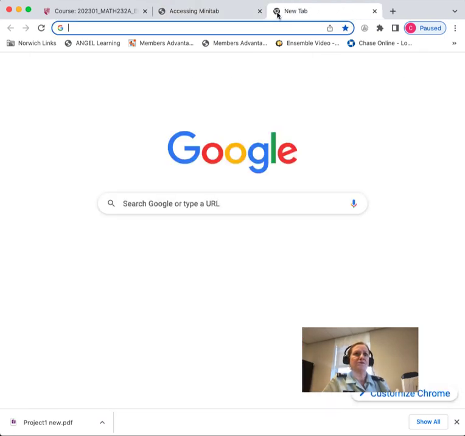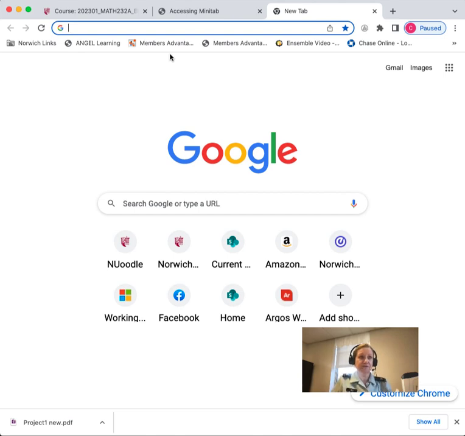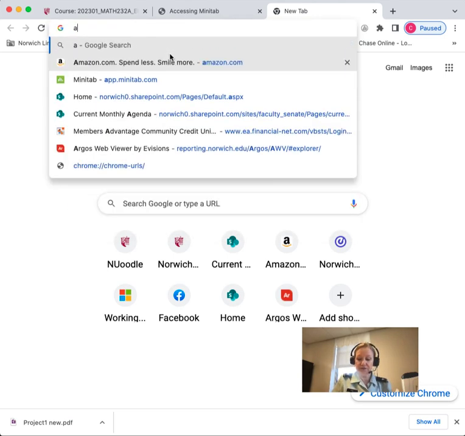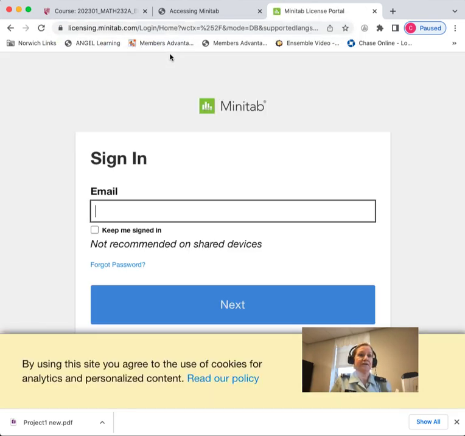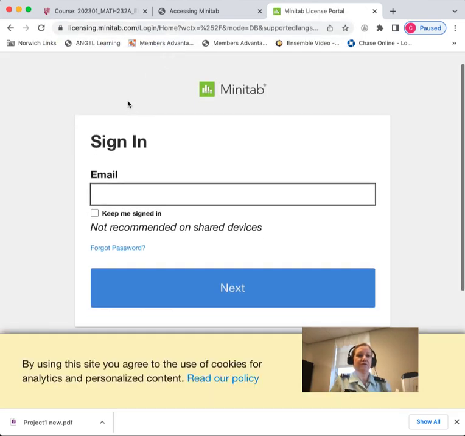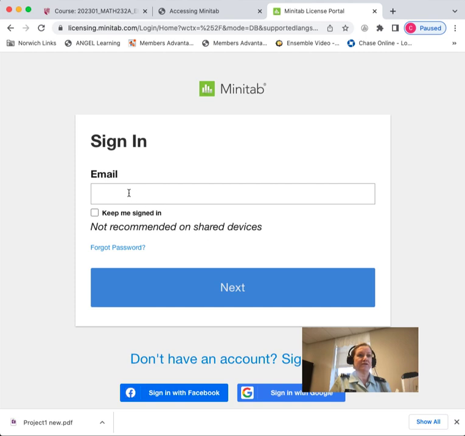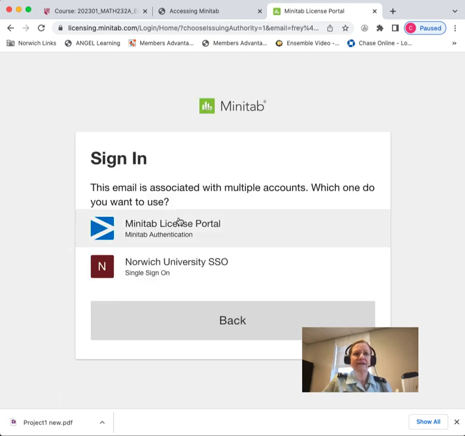Let me give you a quick tour of what that looks like. You can follow those directions or just go directly to app.minitab.com. When you do this, you put your email address in here. And again, make sure you use the norwich.edu. I'm going to choose to keep signed on. Go to next. Here I have 2 choices because I had an account here before SSO was connected to it.